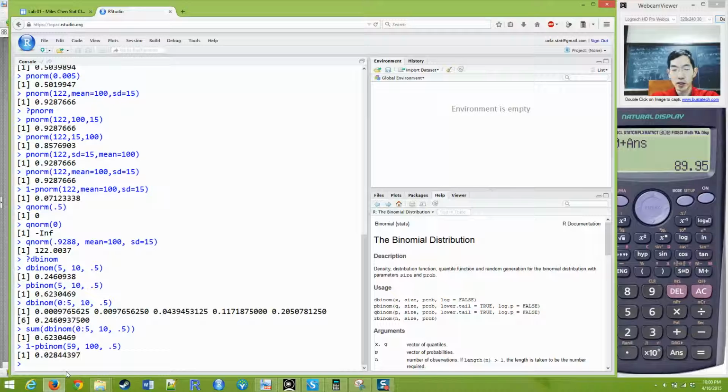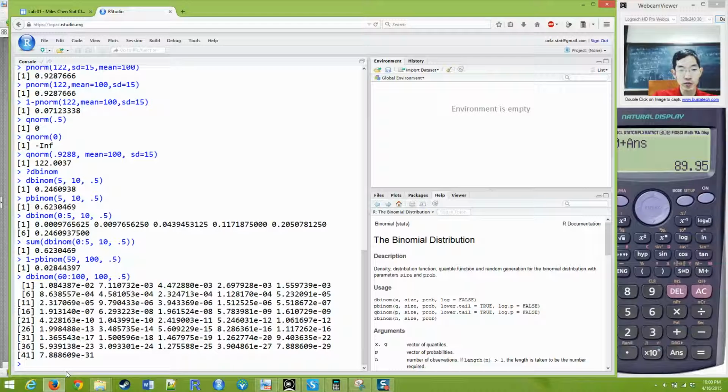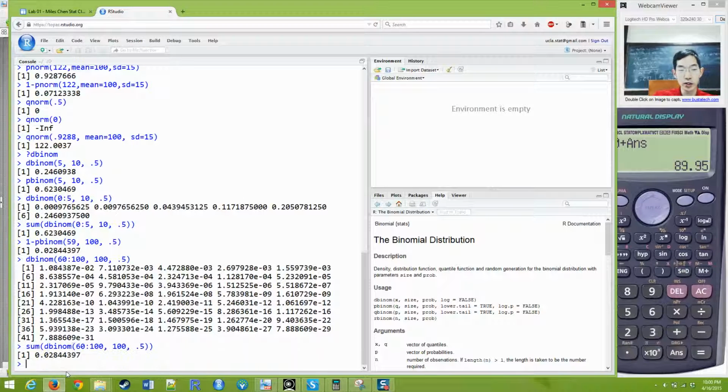I could do it the quote-unquote manual way by doing dbinom for 60 through 100, and it would give me a whole bunch of numbers, and I could say, well, sum all of those together, and we would get the exact same answer. Okay, I know it feels a little complicated and hard, and if this is your first time dealing